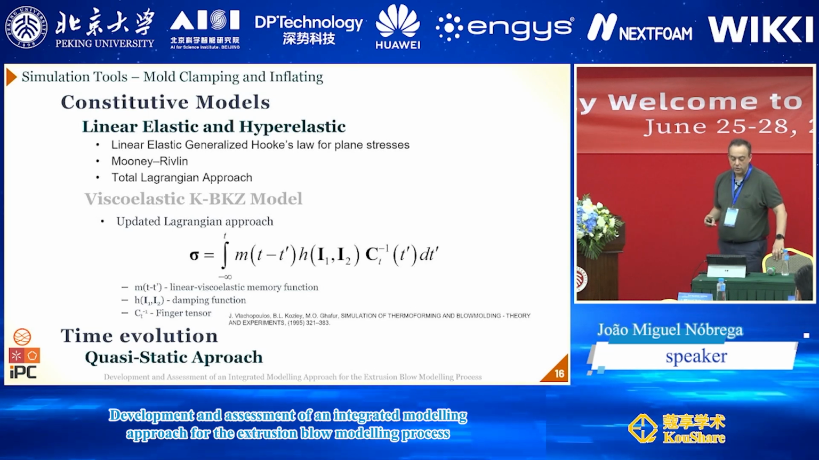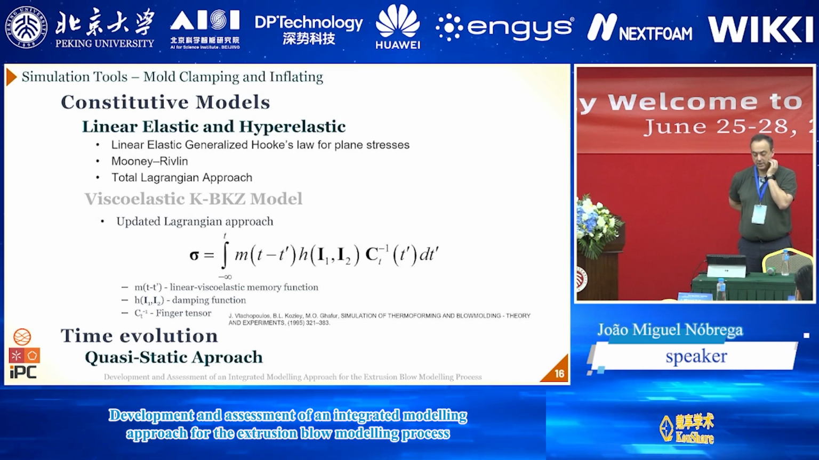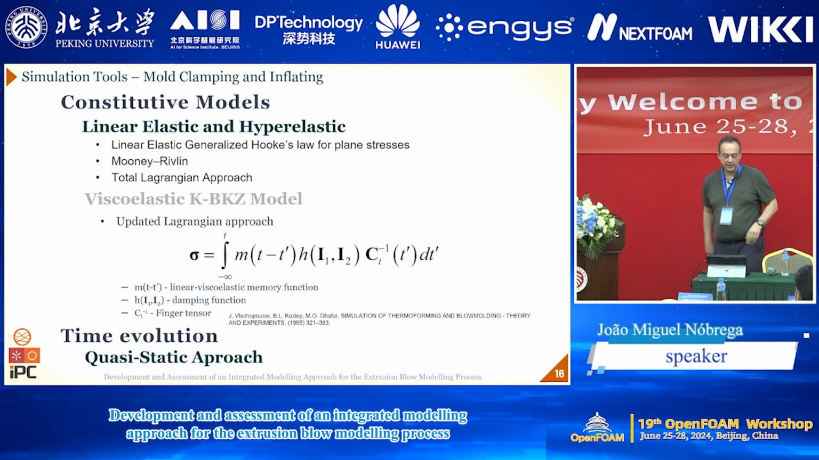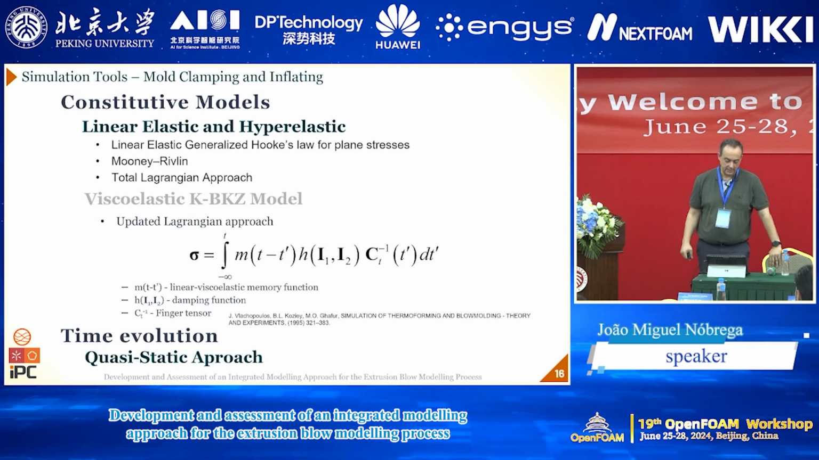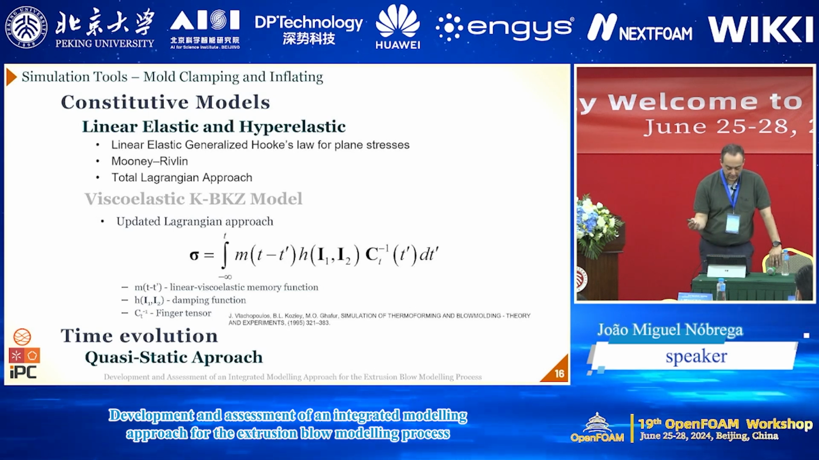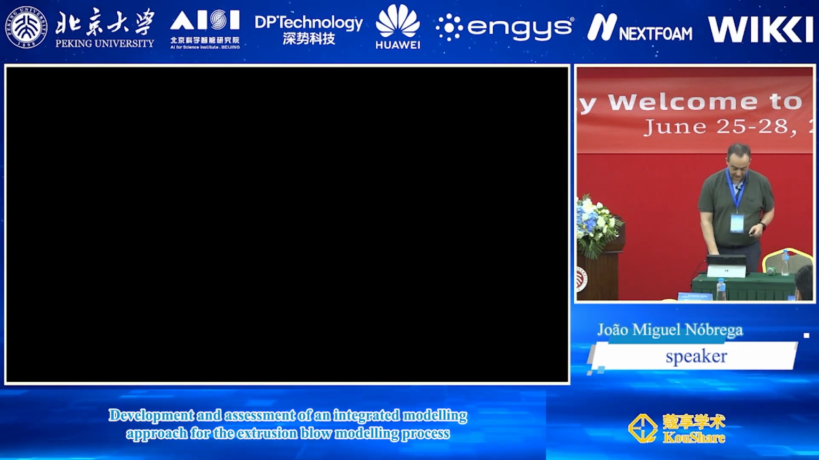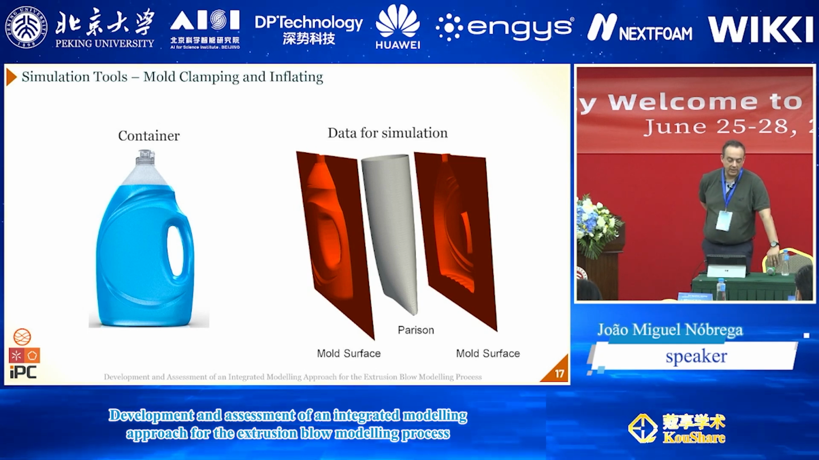Regarding the time evolution, what we do is we use a quasi-static approach, which means that we increase pressure, obtain a stabilized distribution, and go on increasing pressure. This is an approach that is often used in these kinds of codes. To give an idea of what you can calculate,